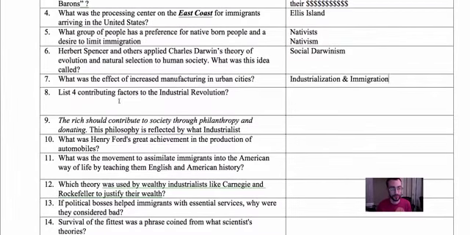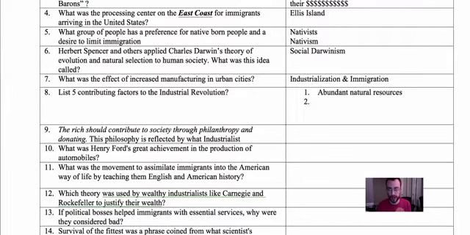List four contributing factors to the Industrial Revolution. That's number 8. Let's try to do 5. So number one we can say is abundant natural resources. So what are these? These are iron, timber, coal, things like this. There's a lot of. So they're able to produce some products such as steel and oil.